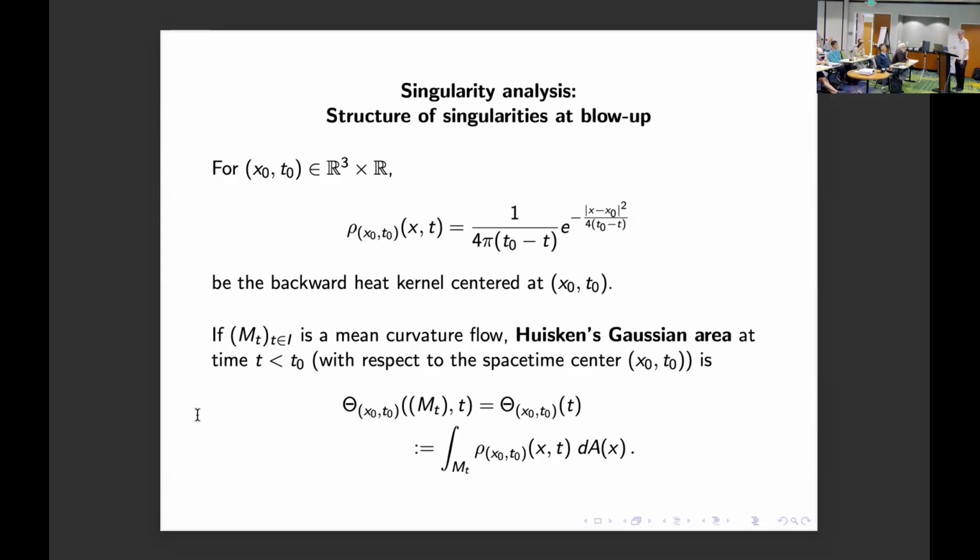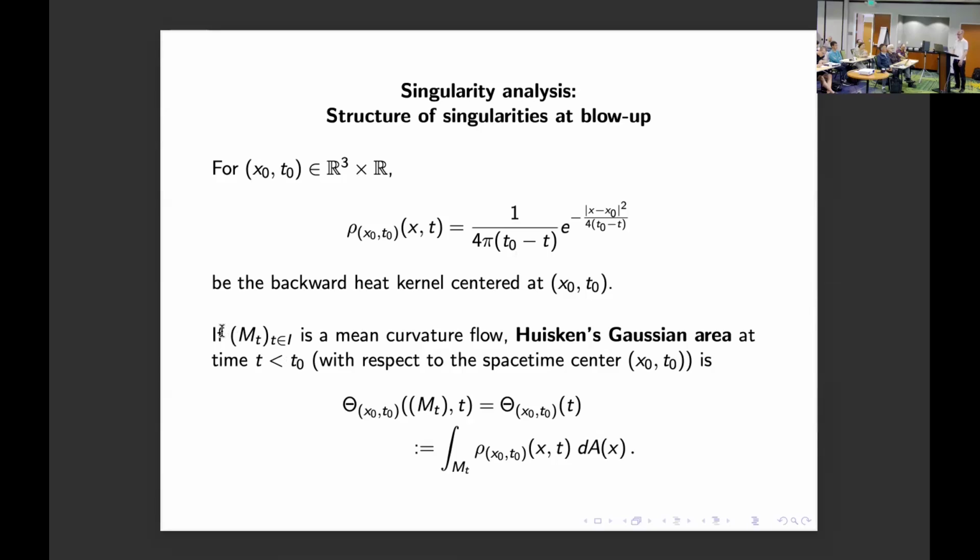All right? So the same idea can be implemented, or you can try to implement it, for mean curvature flow, and this was done by Huisken. So that looks as follows. You take some base point in space-time, x0, t0, and then you look at this kind of backward heat kernel centered at this point in space-time. With the caveat that it's not quite the 3D backward heat kernel, it corresponds to a two-dimensional heat kernel, which makes sense since we're going to be integrating it over the surface.